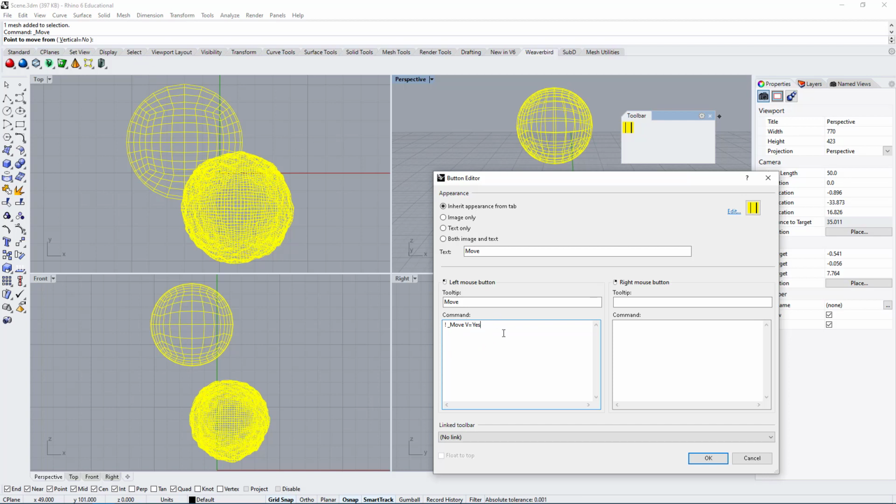And you don't have to type in yes. If you type in Y, it will input the same result. So you'll get the same result. Now, once you do this, it will not press enter for you. It will just run the command, set it to vertical yes. So that's what we want.